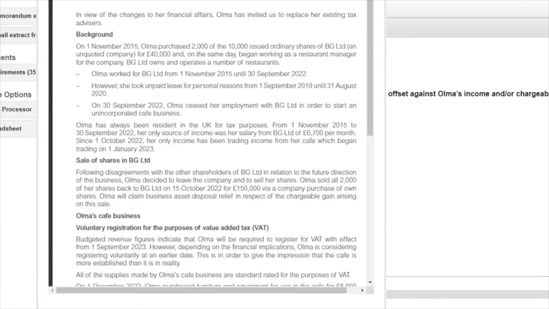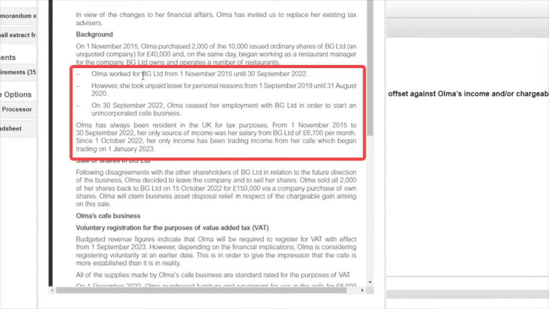Looking through the information in the memorandum, we have some information about Alma's income. So she has been an employee. We'll need to watch the dates very carefully here, because she was on unpaid leave for a period from the 1st of September 19 until the 31st of August 20.